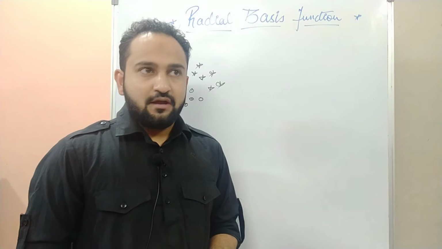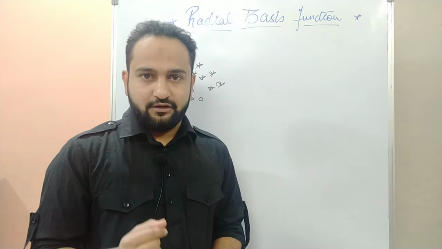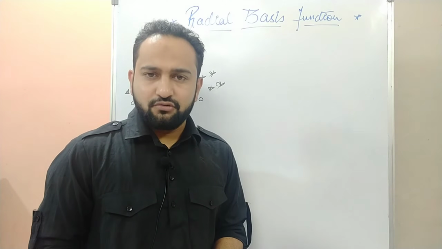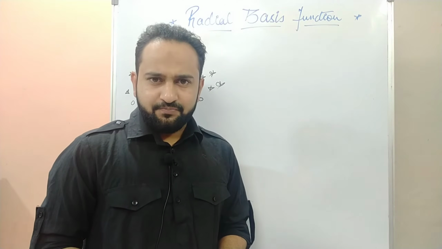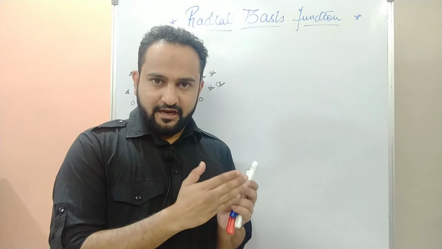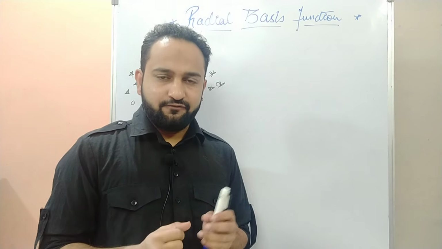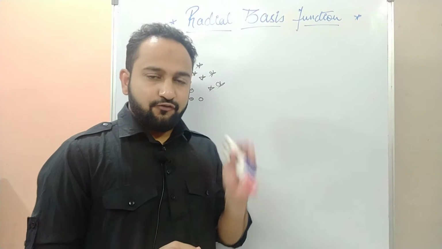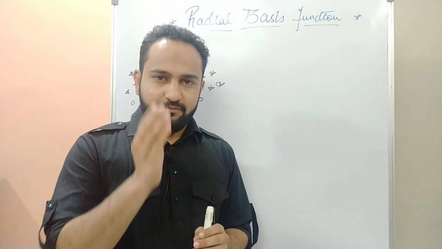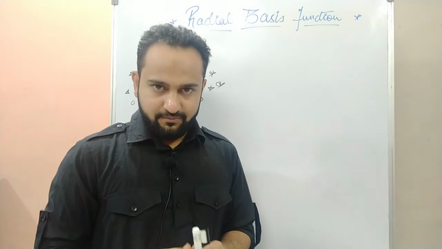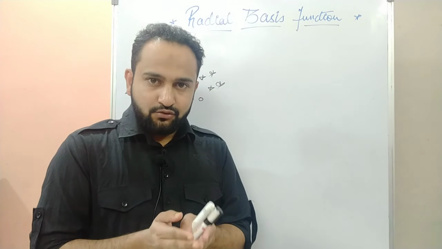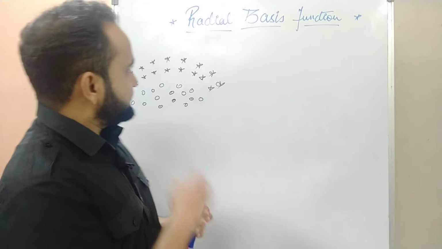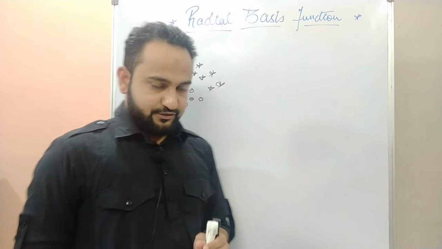In this function, there will be only one hidden node. If you remember artificial neural networks, we have one input layer, one output layer, and in between, if you have a lot of complex calculation, you will have hidden nodes, right? So for the RBF function especially, there will be only one hidden node in between, and in that hidden node we will be applying this radial basis function. So let's first understand what radial basis function is.